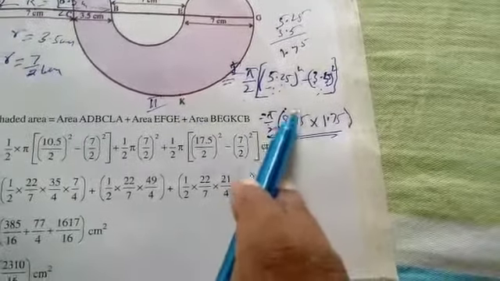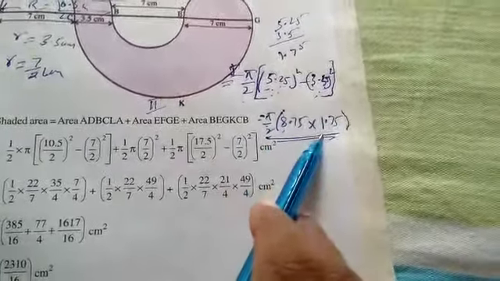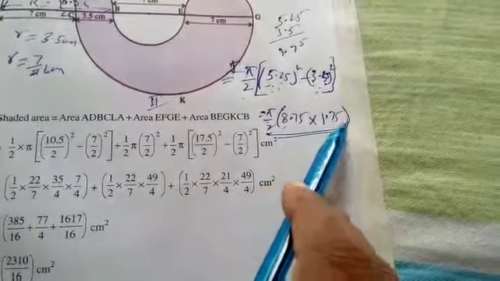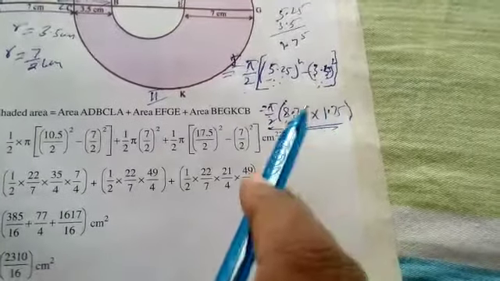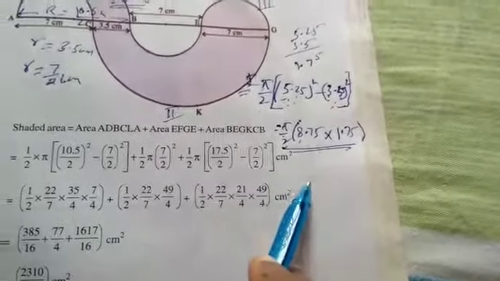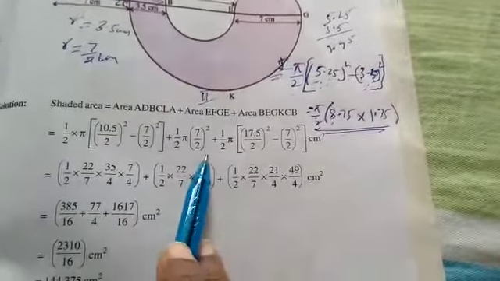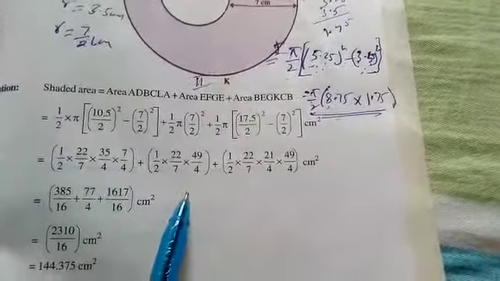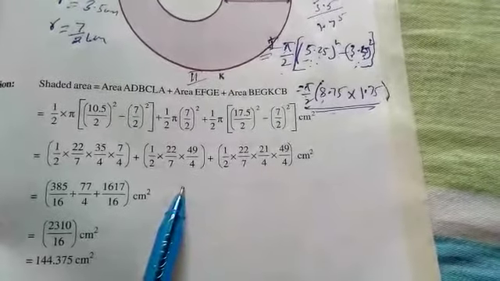Okay, so this is one a into b. Okay, Anna, this is a plus b and this is a minus b. So in this manner you can do part by part, or as it is given in your textbook like this, also you can do, whichever you feel is clear.